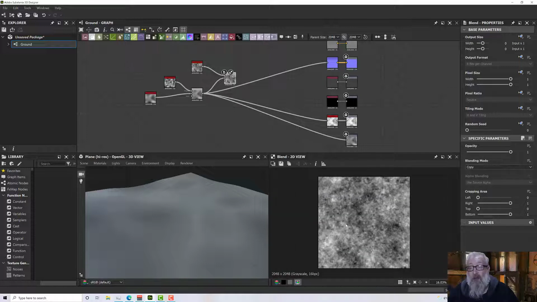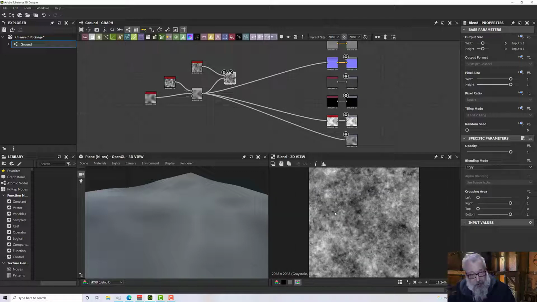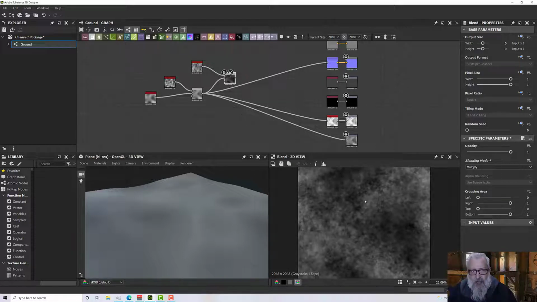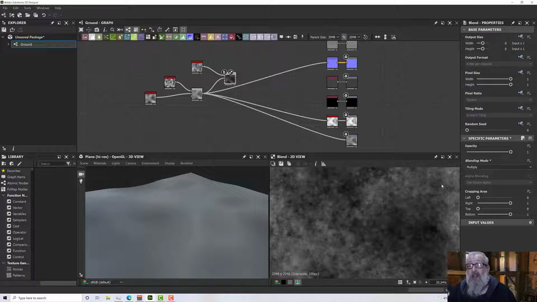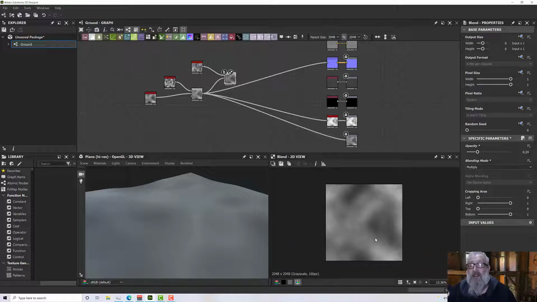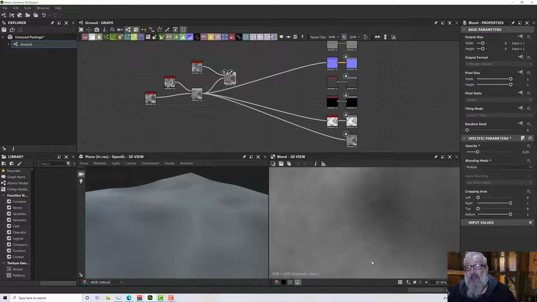I'll just double click to see what that looks like. Of course we used it in its very simplest form last time, so we used the copy and we just adjusted the opacity to get a blend there, but this time we're going to use a different blend mode. So we use multiply, and that's what we get. Now if that's too harsh, which I believe it is, we can still use the opacity slider to bring that back in again. So I'm just taking that back down just until we can start to see those spots